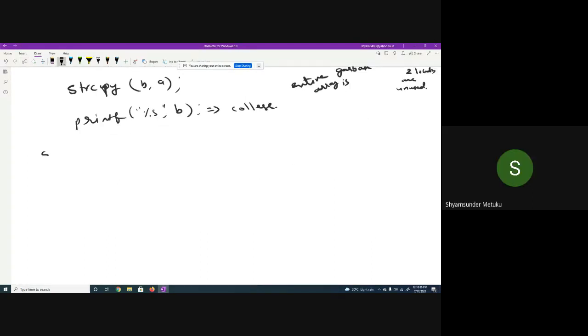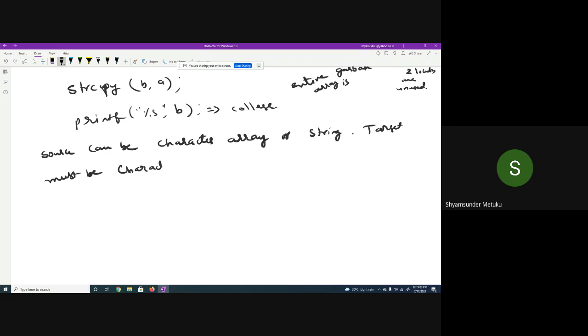So let me have the statement about this string copy. Source can be a character array, or a string directly within double quotes. There's nothing wrong with that. Whereas the target must be a character array, which is more important. For the source we have two options, but for the destination you have only one option: it must be a character array.